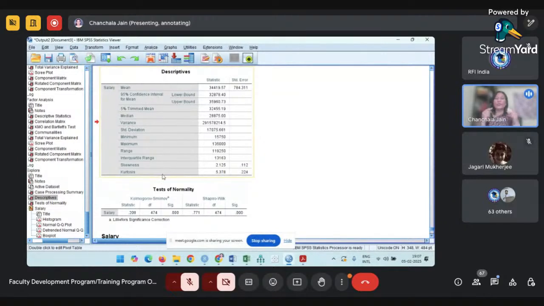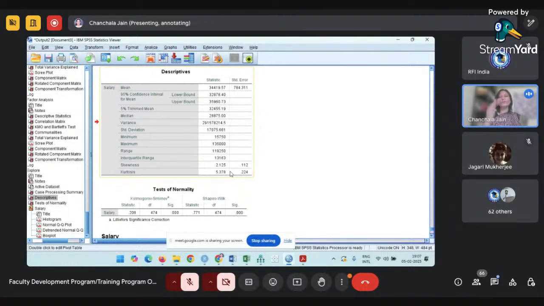Kurtosis is telling you the sharpness of the curve, the bell-shaped curve, if you know about the normal distribution. So for understanding the normality, we are using these two parameters, skewness and kurtosis. If kurtosis is coming positive and a very high value, more than 3, then you can say your data is leptokurtic data. If it is less than 3, you can call it platykurtic. Generally, for a positive value we call it leptokurtic data, and for a negative kurtosis value, we call it platykurtic data, right?